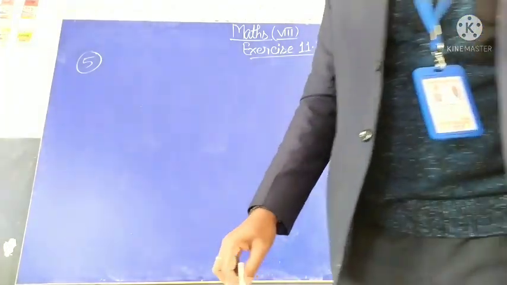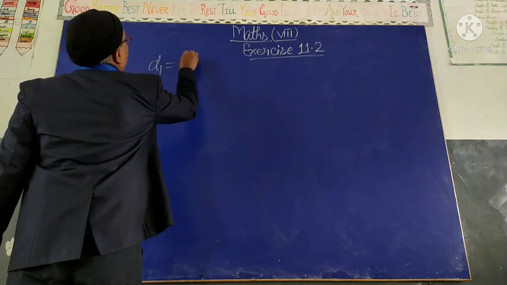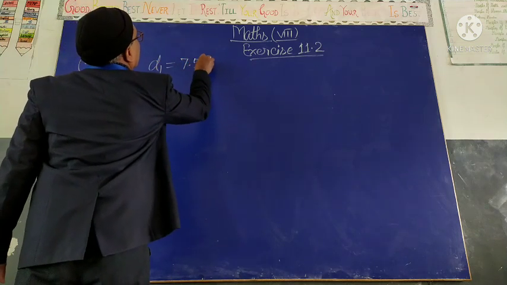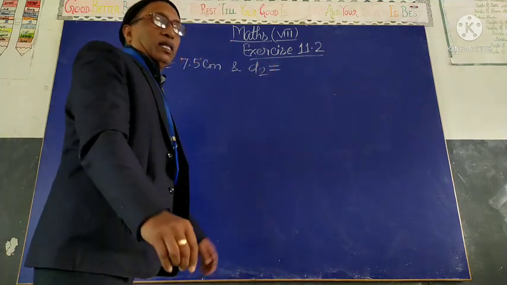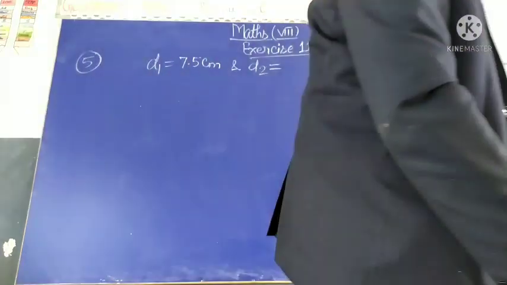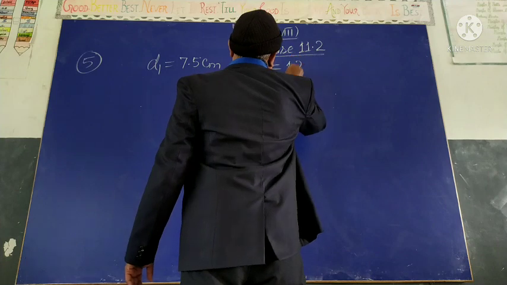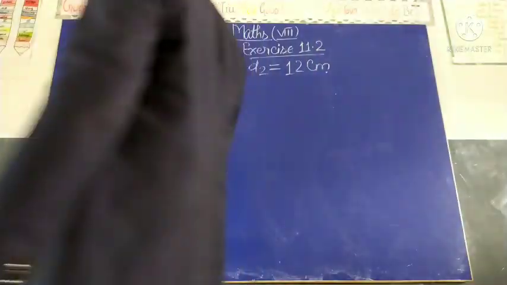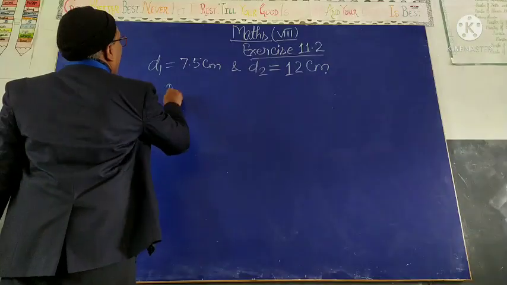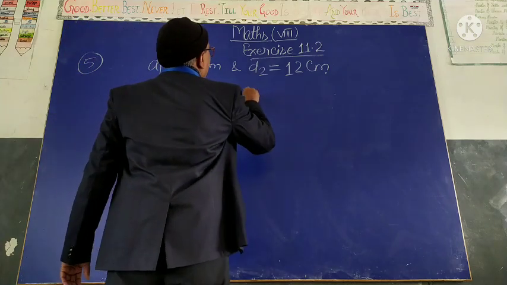Respectively, D1 is equal to 7.5 centimeter. D1 means first diagonal, 7.5 centimeter, and D2, diagonal second, is equal to 12 centimeter. You find out the area of the rhombus. Area of the rhombus. You write down area of the rhombus